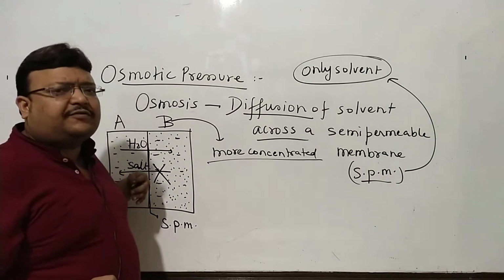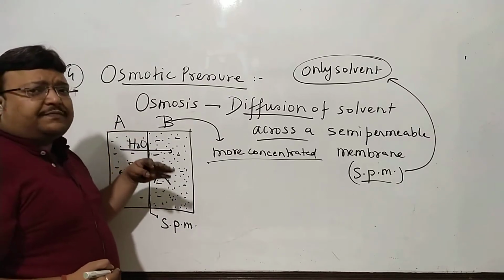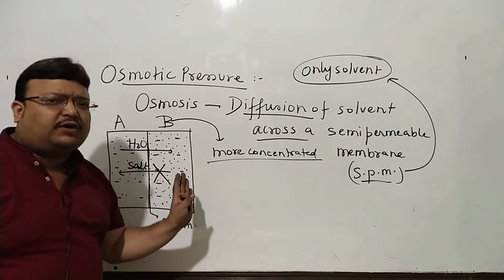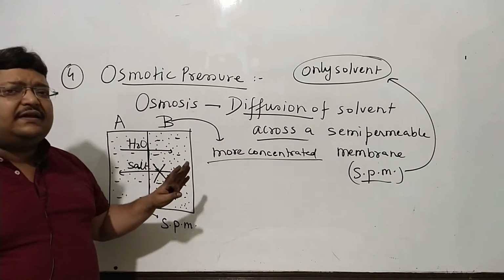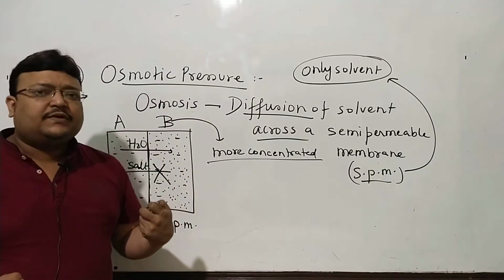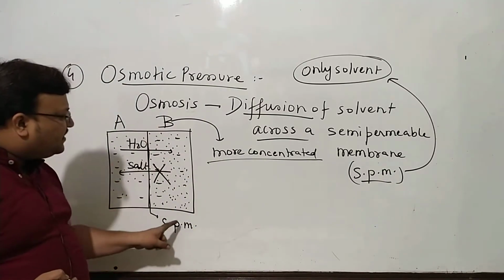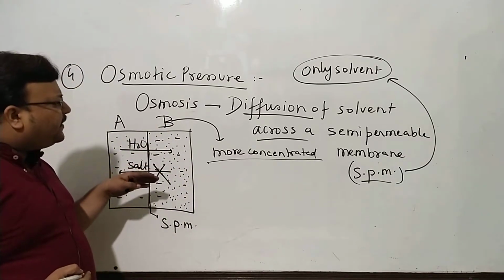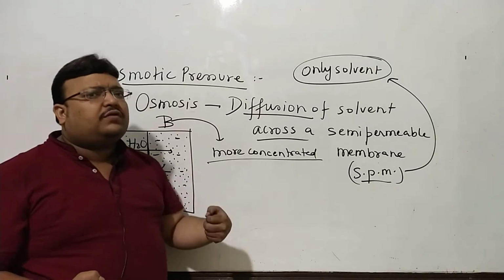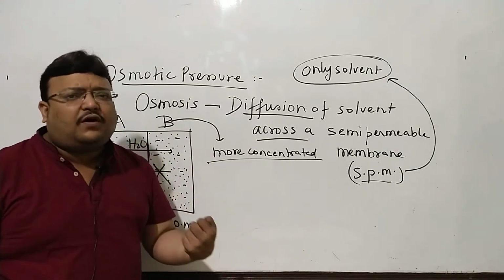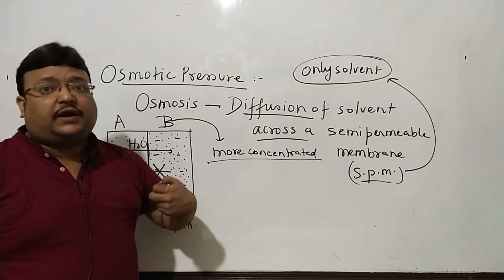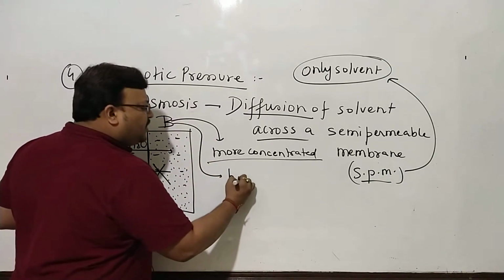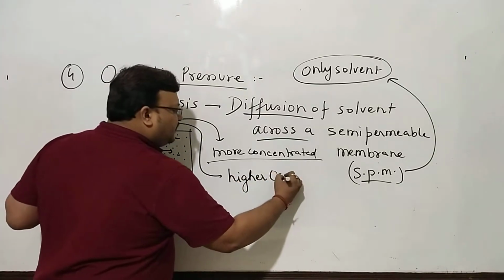The pressure with which osmosis happens is called osmotic pressure. And trust me, both the direction of osmosis and the rate and the pressure at which it happens is because of the salt content here. This is naturally more concentrated, contains more salt. And we'll figure out that a solution having more concentration of salt is going to have a higher osmotic pressure. So between A and B, B having more concentration is supposed to have higher osmotic pressure.